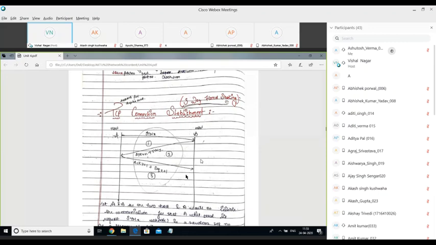Let's say we have two hosts, A and B. The left side is host A and the right side is host B, as a simple nomenclature.